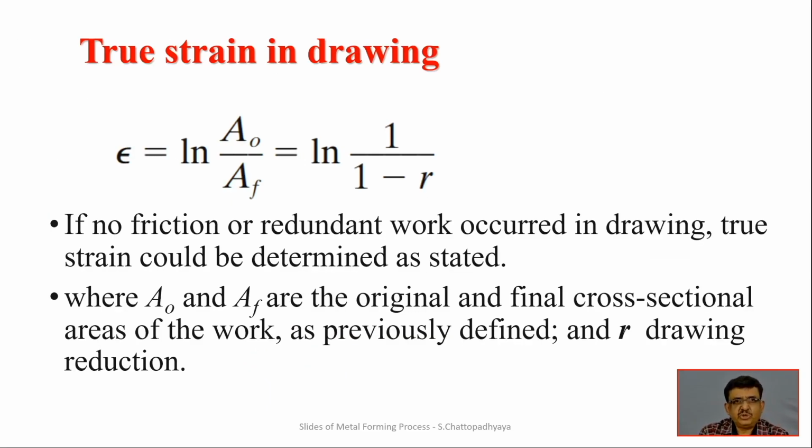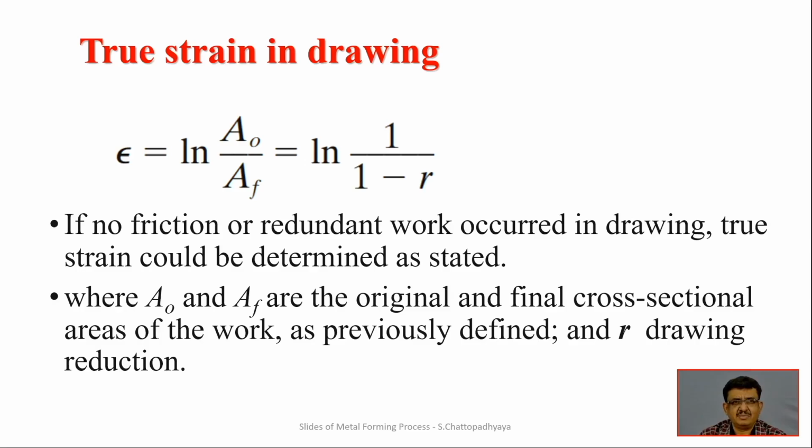And the true strain is coming from the formula from the handbook, and the formula is epsilon. Epsilon is the logarithm of A0 divided by AF. A0 is the initial area, AF is the final area. So, logarithm of A0 by AF, or logarithm of 1 by 1 minus r, where r is the reduction ratio. So, if no friction or redundant work occurred in the drawing, true strain could be determined